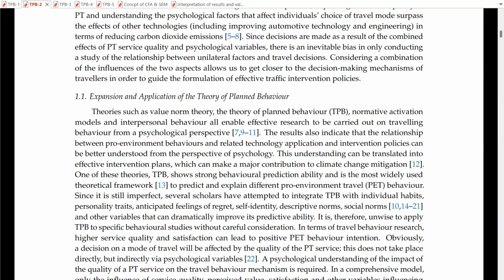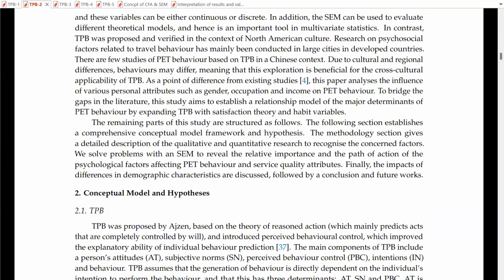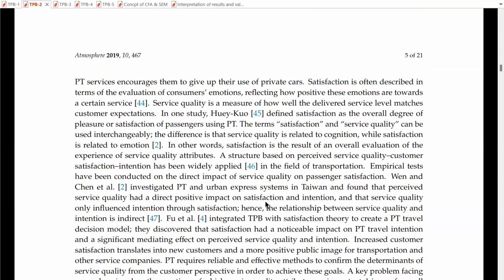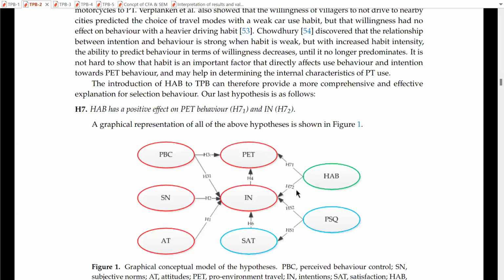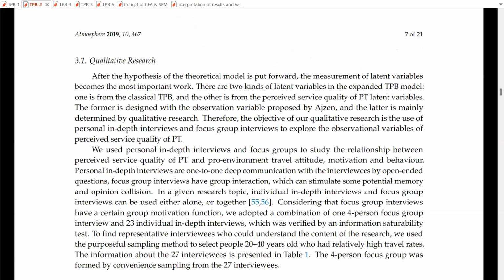If I want to check the buying behavior pattern of buyers, I know my research is based on the theory of planned behavior, and I will search for that research instrument from the literature. After the literature review, I can find the model. Is it clear? So this is my hypothetical model. Your model may be different. Then we will test this model, and